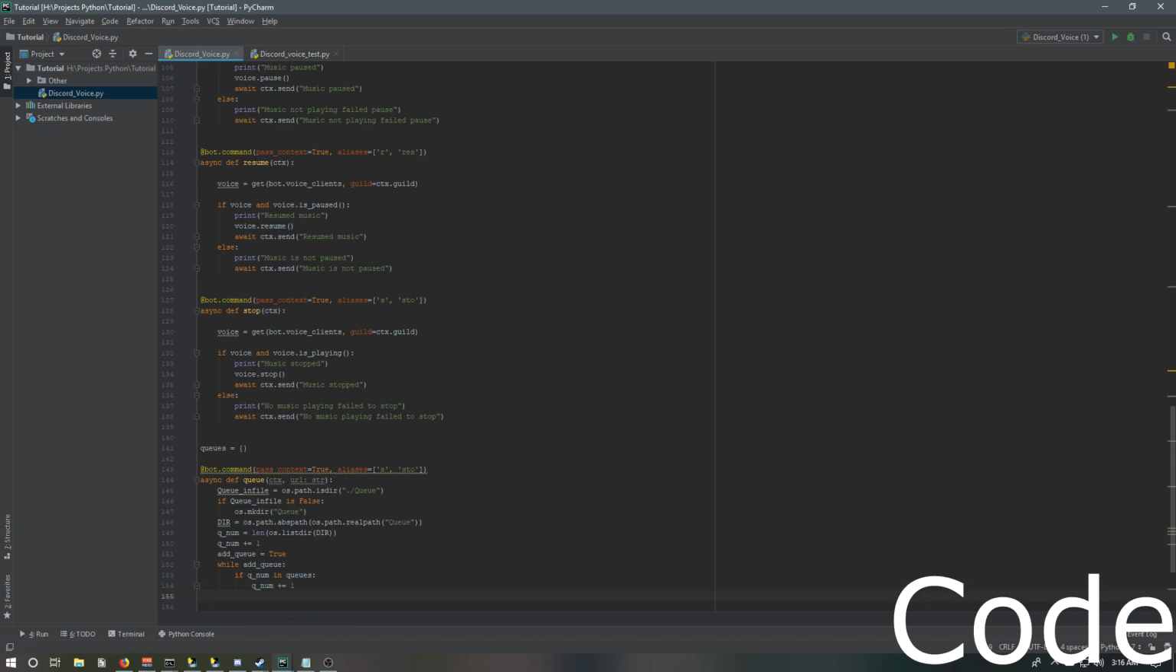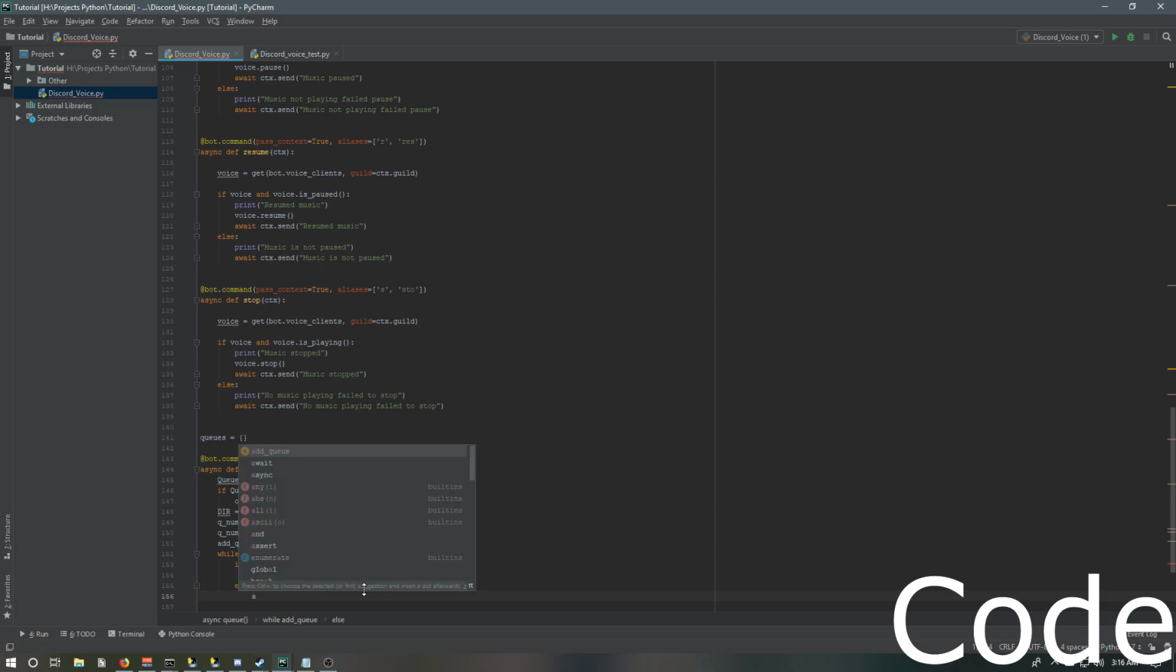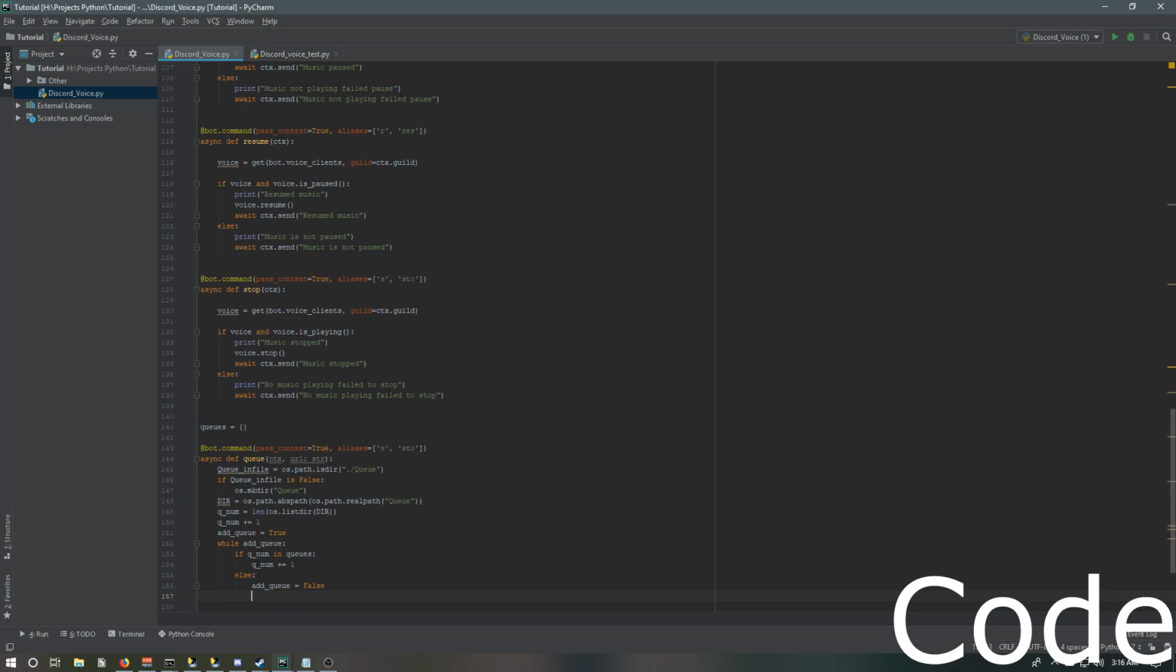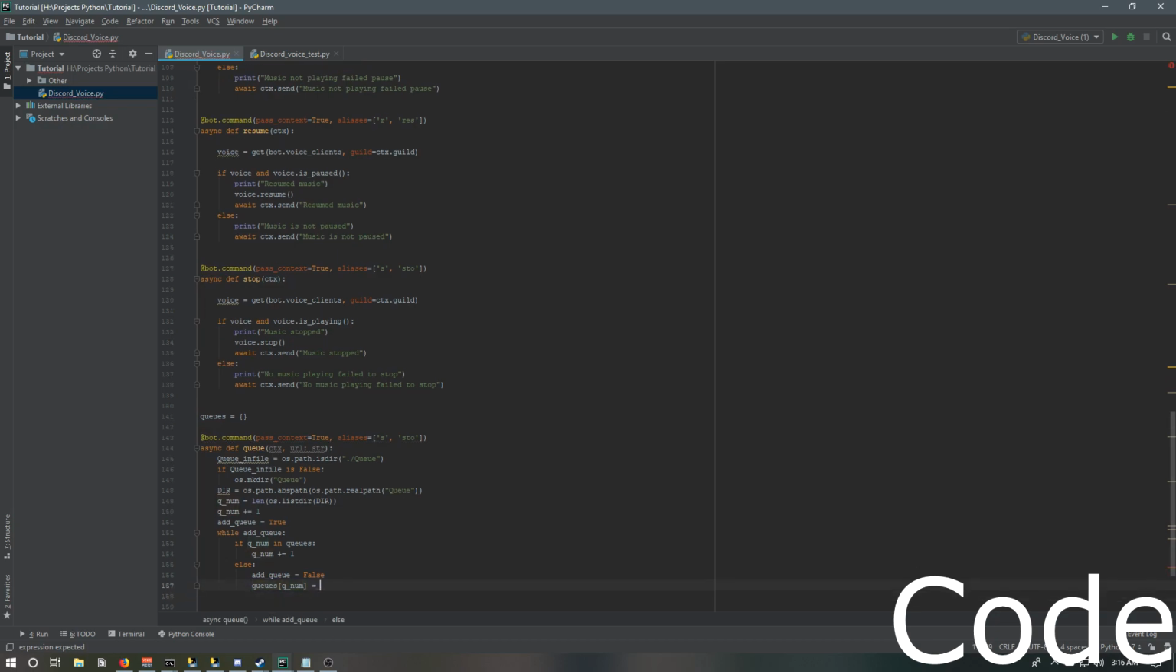Then we'll make an else statement here. Else add_queue equals false, and then we will add the number to the queues dictionary. queues[queue_num] equals queue_